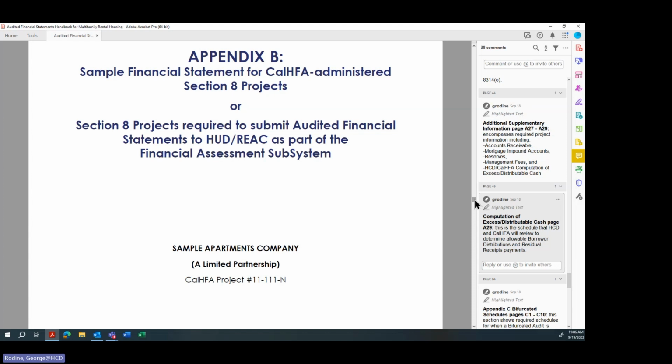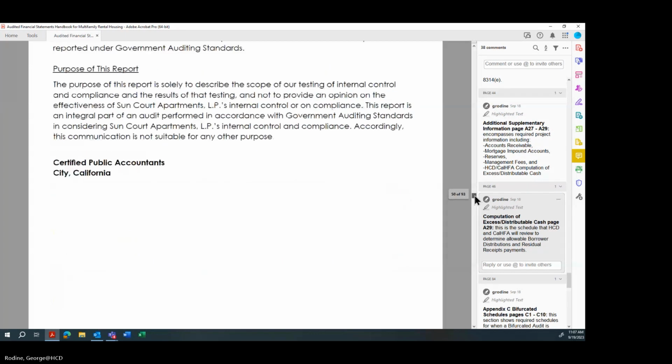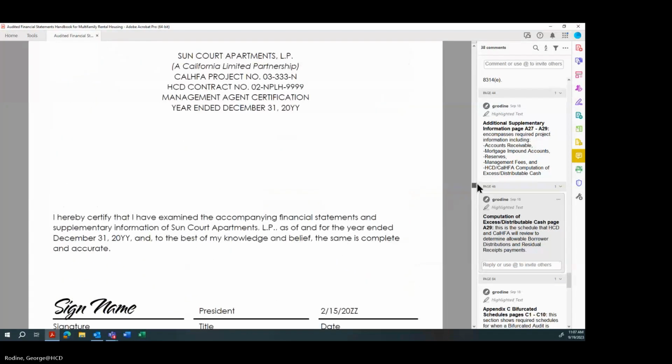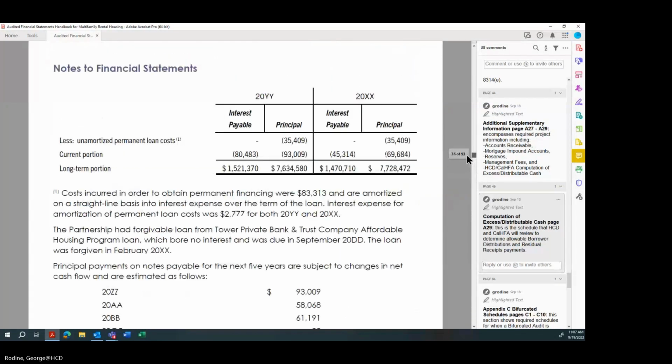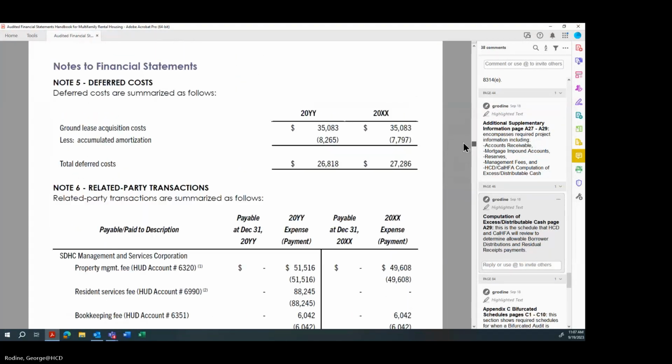I don't know if we want to open this up to the accounting professionals. I think what we're talking about here is if there has been any structural change in the ownership, new loans to the property. It's the sort of thing that if you read through it, you'll see how they've presented the